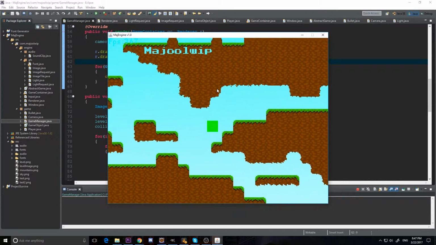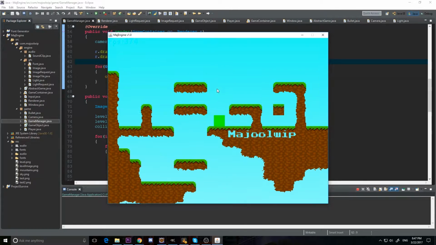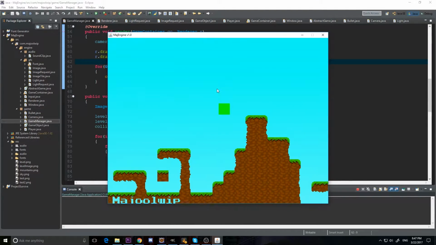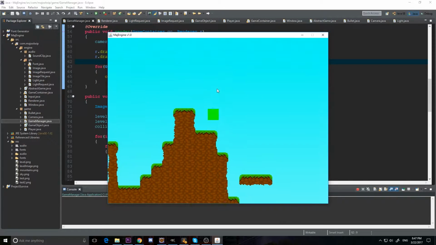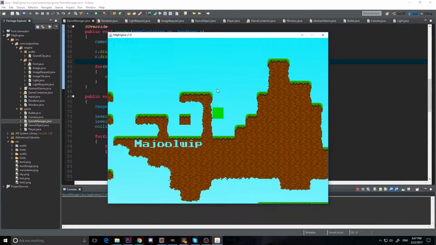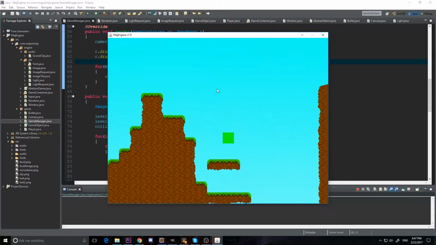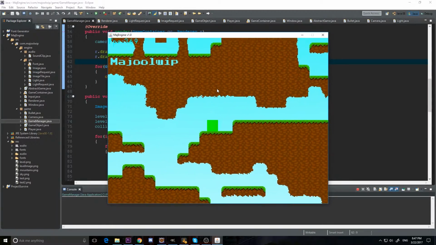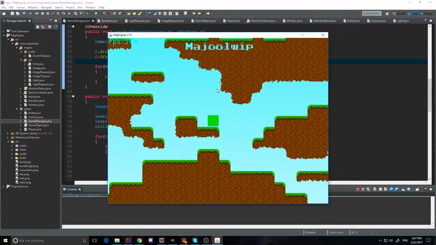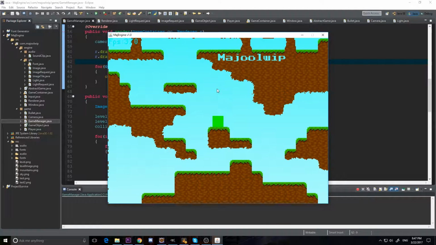But later on, I'm going to be talking about other kinds of collisions in separate videos, about how we can do pixel collision instead of just tile-based collision, where we can make a map like this where you collide with each pixel individually. It's not as hard as you think it would be. So yeah, but today we're gonna finish this up because we still got a green player, which looks a little